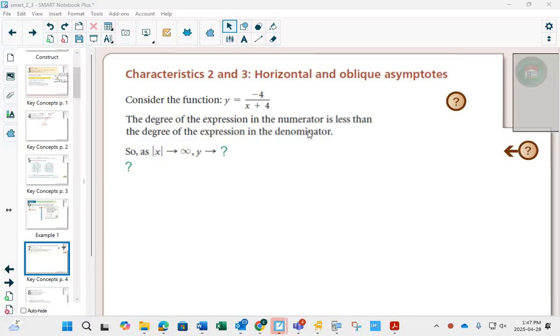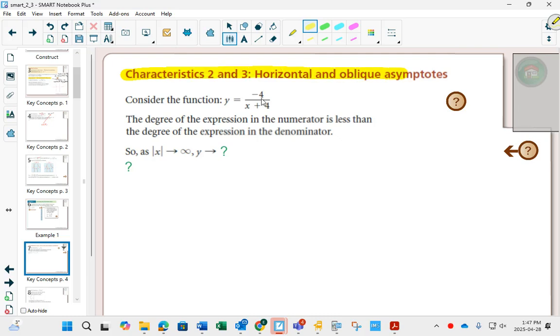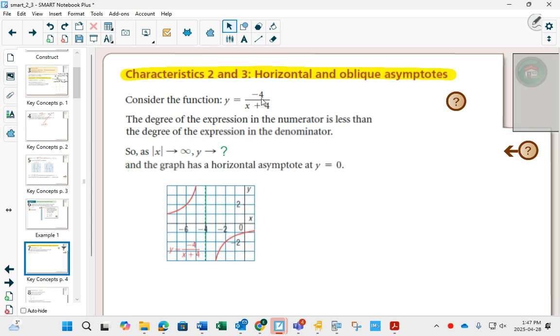And now we're going to look at characteristics 2 and 3. Horizontal and oblique asymptotes. And this is where the three groups come in. Okay? And I feel like the textbooks over-explain it a little bit here, but